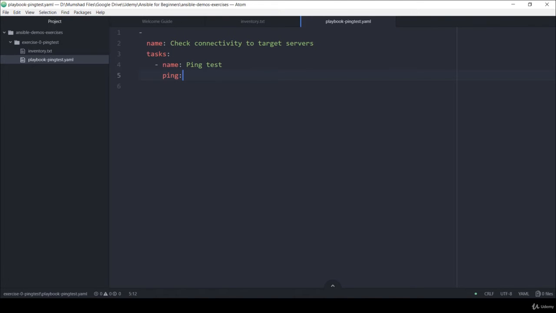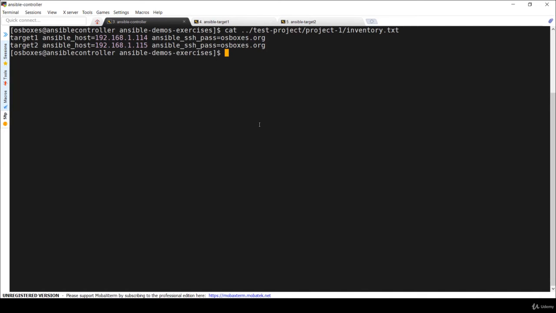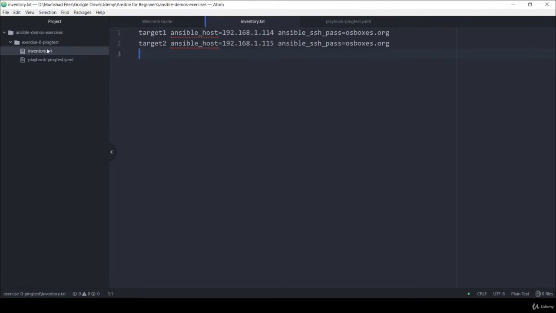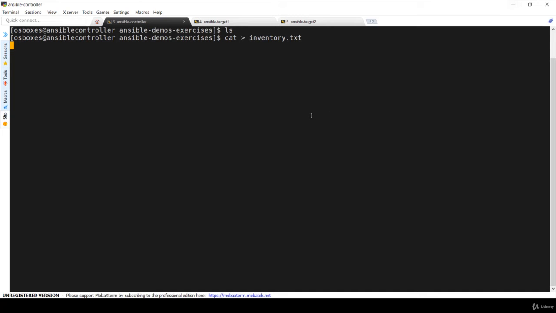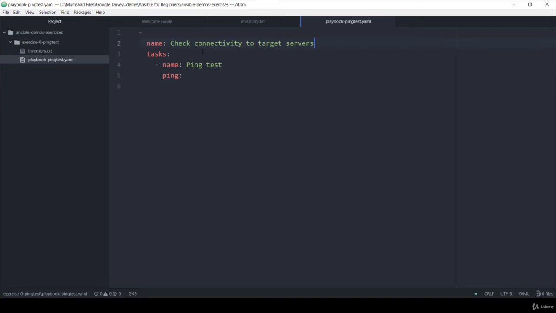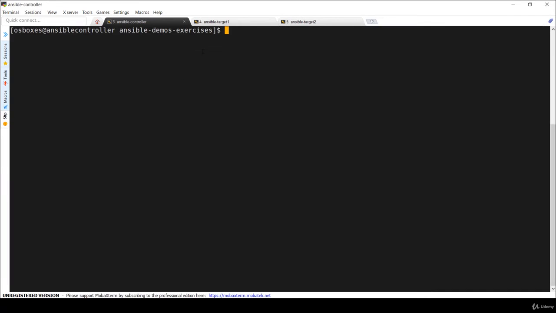Now I'm going to go to my Ansible controller machine, and I will now move the files there. So basically I'm going to create these files that I created in the IDE. First, to start with the inventory file, I'll copy the contents and paste it here. Similarly, I'm going to create the Ansible playbook file, but there's something that I forgot in my playbook, which is the hosts entry. So I'm going to add the host entry before I copy the contents. And then I'm going to copy the contents, create a new file for the playbook on my Ansible controller, and paste